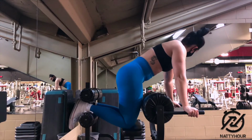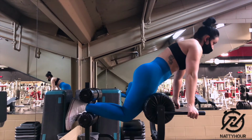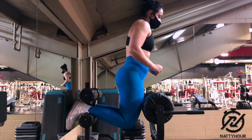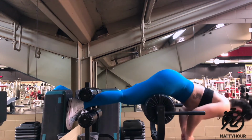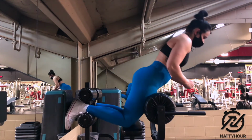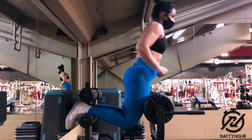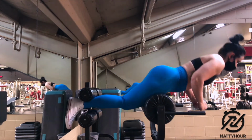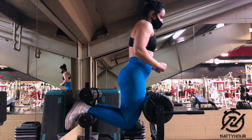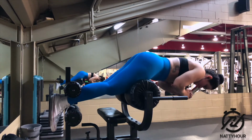Start off by locking your feet into place and ensure that you're nice and secure. Bring yourself up into a straight position where all of your joints are stacked from your knees, hips, and shoulders. You want to maintain this straight position as you initiate the movement and extend your knees to bring your body parallel to the floor. Again, you can then bend at the hips until your upper body is perpendicular to the floor, and that's going to initiate glute involvement. Or you can stop when your body is parallel to the floor and then bring yourself back up to the